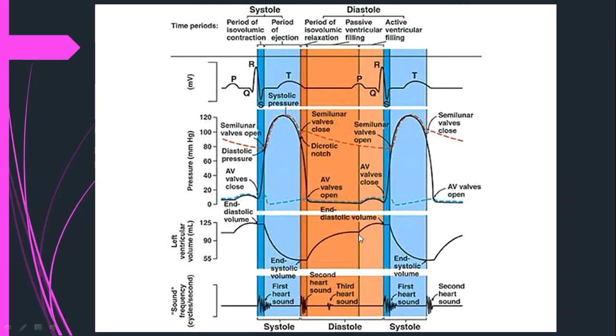Alright, then we shall have another cardiac cycle being generated, which is another P wave. So the duration of this complete cardiac cycle takes 0.8 seconds for a normal healthy person. Okay, which means from the P wave to the beginning of another P wave, it takes